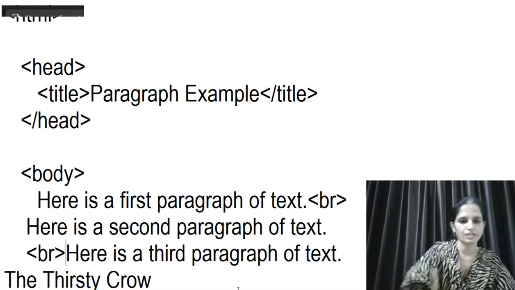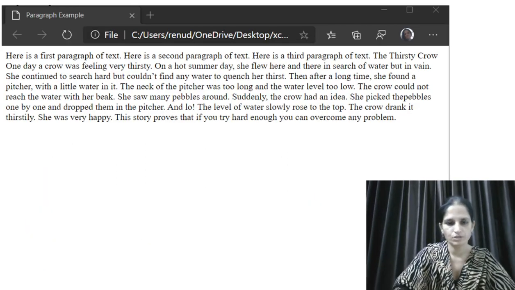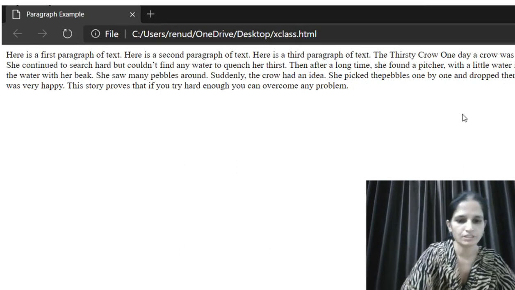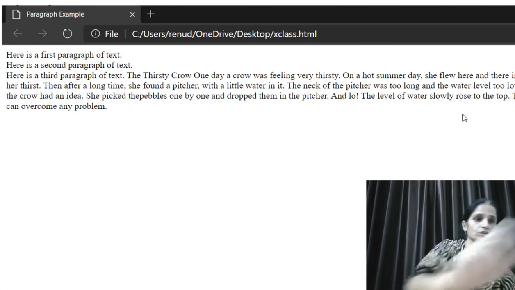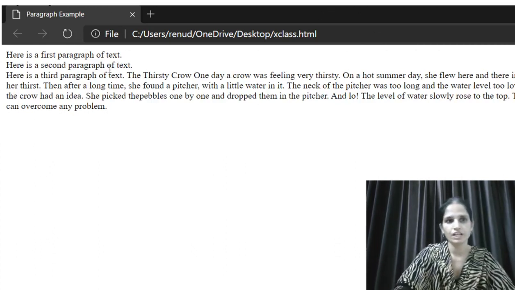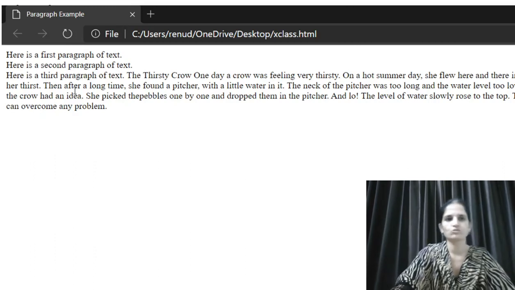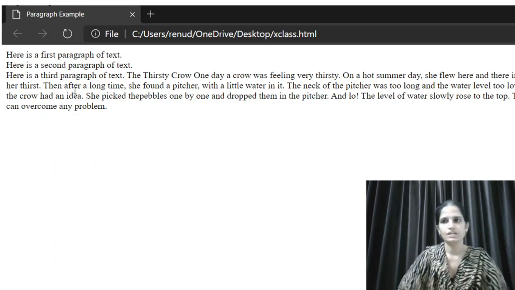After that, you can save it again, minimize it, open your web browser again here and refresh it by simply pressing F5. So you can see here is the first paragraph in the first line, and here is the second paragraph of the text in your second line, and the complete paragraph is also added after this second paragraph. So this is your BR tag. BR tag means to move the text to the next line.